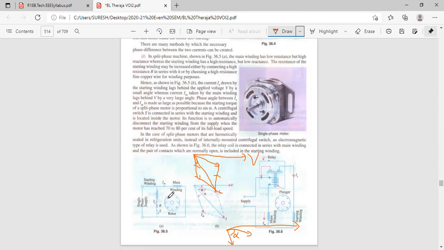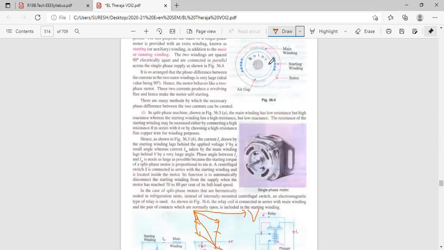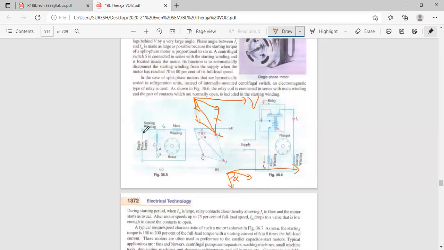Within 2-3 lines only you have to write. Why I am telling you to read everything is for your understanding. Once you understand what is there, within 4 to 5 lines we can explain this. These 2 diagrams we have to draw, and this diagram also: Figure 36.4, Figure 36.5.